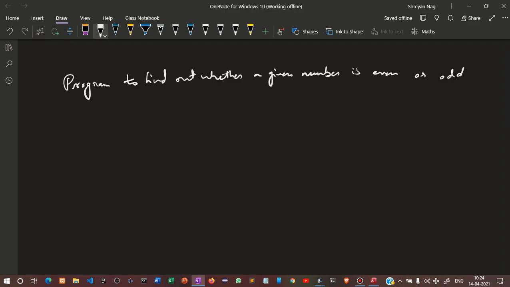Suppose we want to write a program that, if the user gives the week number, will show the day. Suppose if the user inputs 1, it will show Monday. If the user inputs 2, it will show Tuesday, and so on. So if you write this using an if-else program, how would you do that?